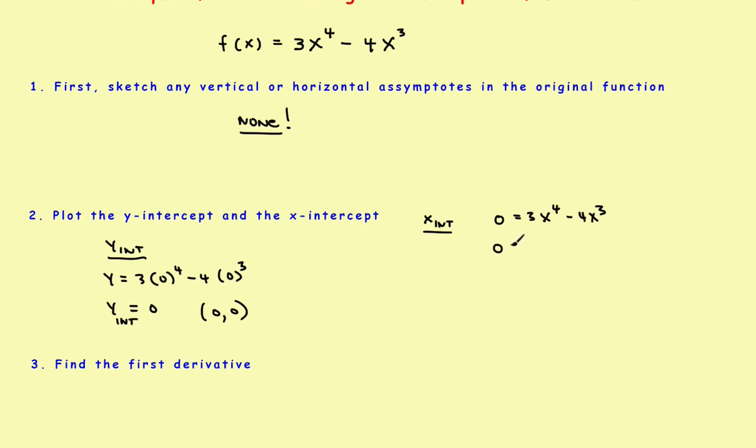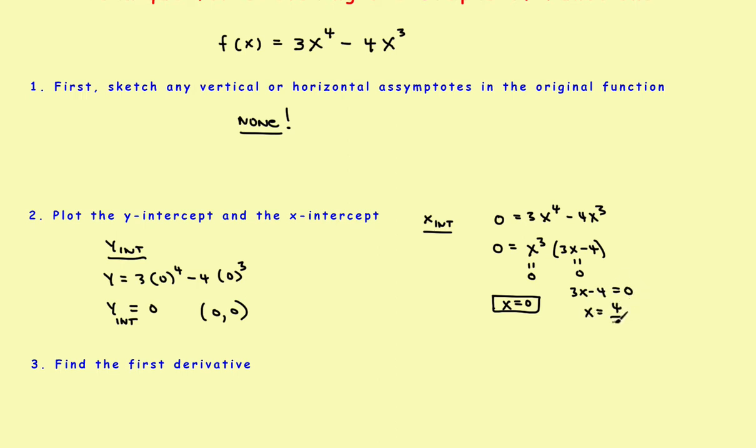So to do this, first of all, let's go ahead and factor out an x. So I can make this be x cubed times (3x minus 4). Now, if this thing's equal to 0, either this factor is equal to 0 or this factor is equal to 0. This one gives you x is equal to 0. There is one x-intercept. And this one gives you 3x minus 4 is equal to 0. So that's going to give you x is equal to, if you move the 4 over and divide by 3,